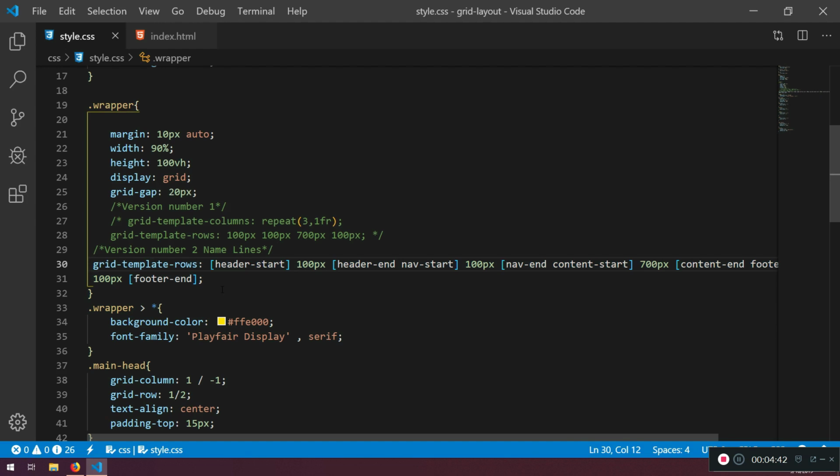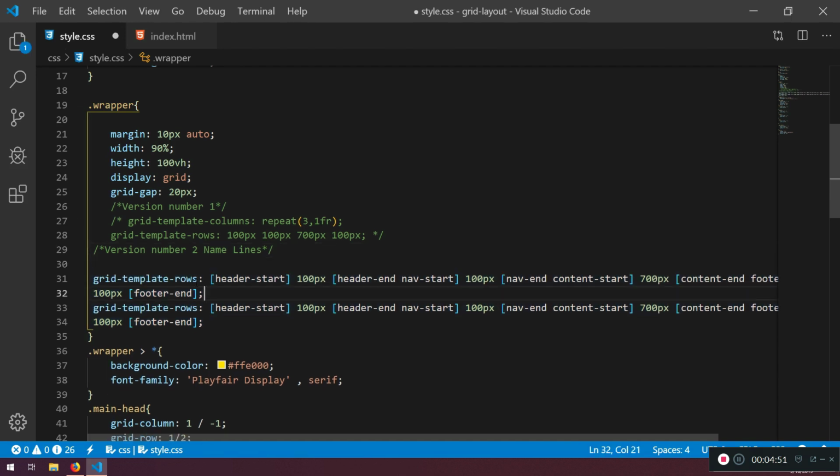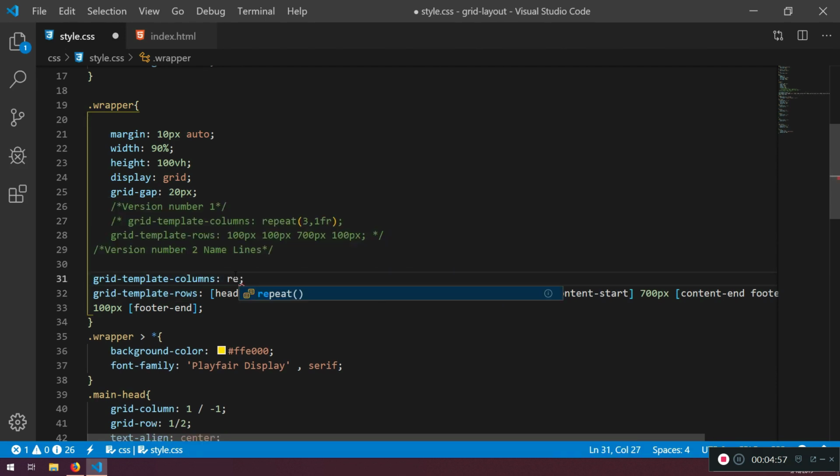But we need to name our grid lines for when we have repeat like this. It's going to be a little bit tricky. Actually, it's not going to be tricky, but you need to understand something. So here, grid template columns, and I'm just going to remove this one, and I will say repeat again 3, 1fr. All nice and dandy, but we need to fix this one. So here, what we can say